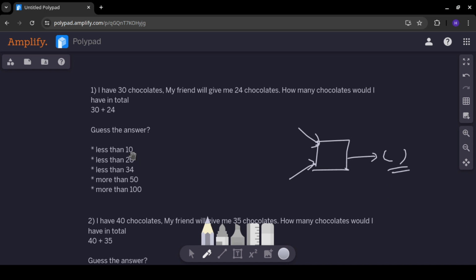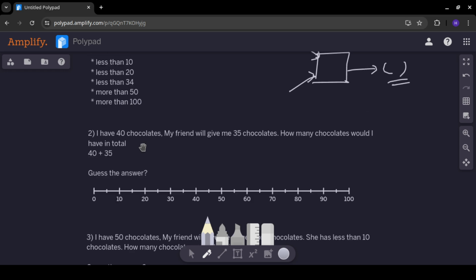So now you can also play around with varying these numbers according to the question, as well as putting some landmark values like 50 and 100, because with a value like 69 or 79, they might not be able to feel it. All right, so this is one set of questions. So here is another one.